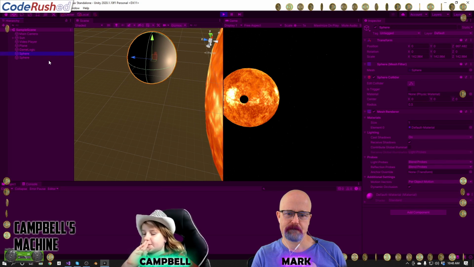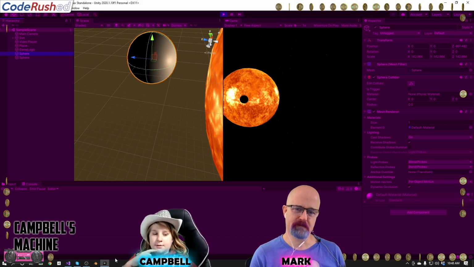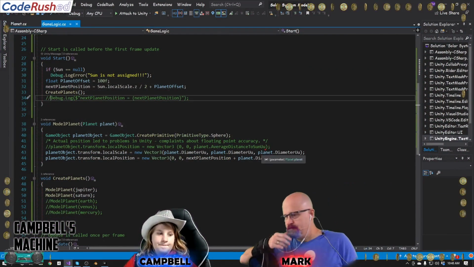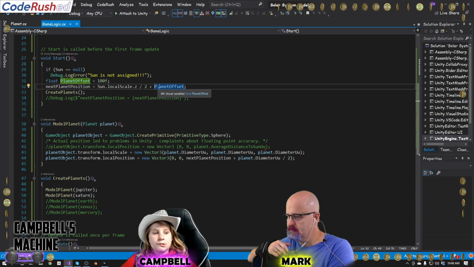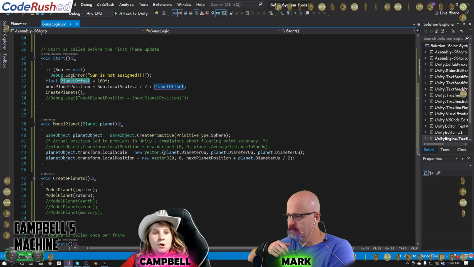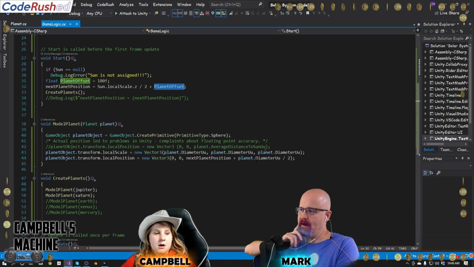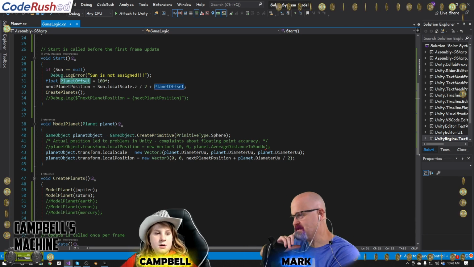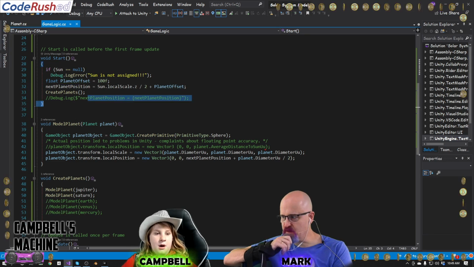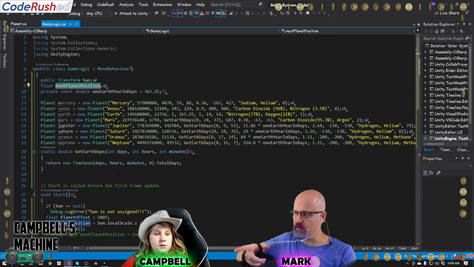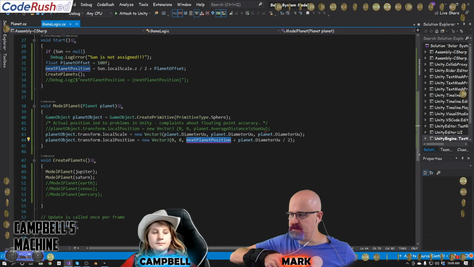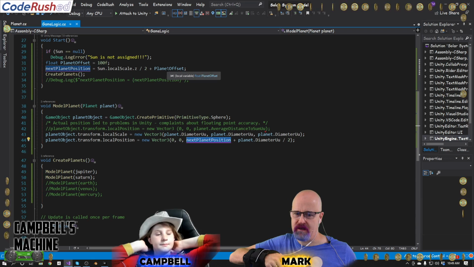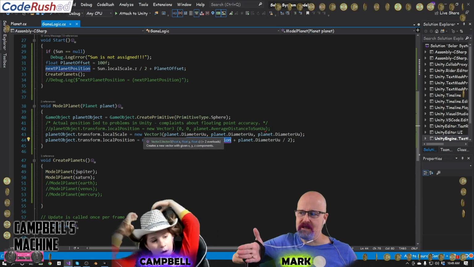Did we ever increment the offset? Let's go in and look at the code. I don't think we incremented the offset. Yeah, we never incremented. But this offset is not the thing we're worried about because this happens in the start. What I'm worried about is next planet position. That's what we need to be focused on. Because every time the code is doing exactly what we're telling it to do, right? Every time we come in here, it's just using that original planet position, which is off of the sun. But after we've added another planet,